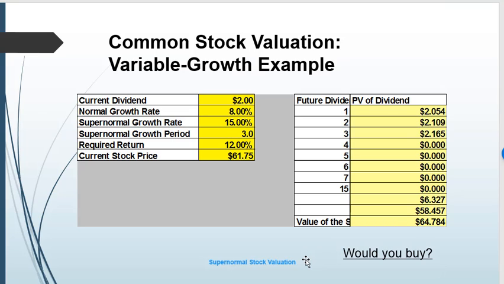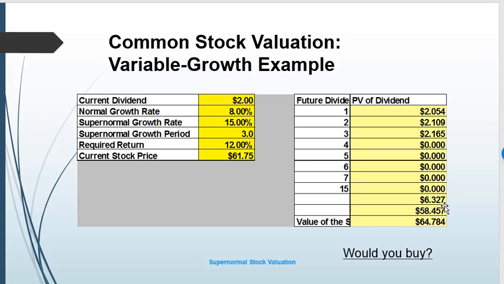And essentially we need to plug in our details, right? The yellow boxes here are the data area. On the right-hand side are the calculations. So simply what happens here is this model, this spreadsheet, will forecast the next 3 years' dividends for the super growth period. It then calculates the present value of those. So this is the present value of the 3 years of future dividends. If you add those together, it's